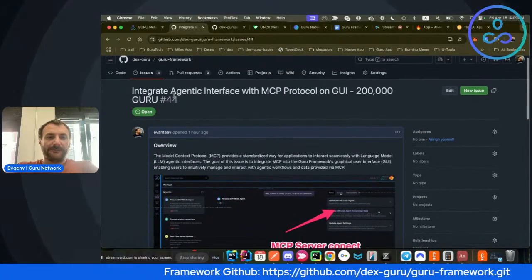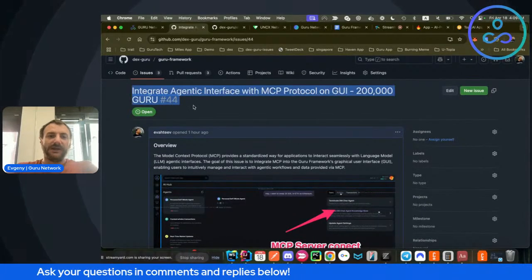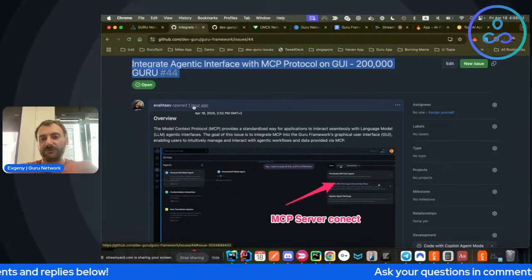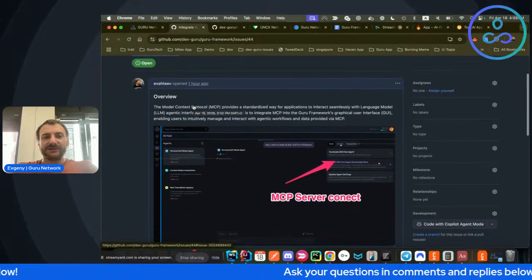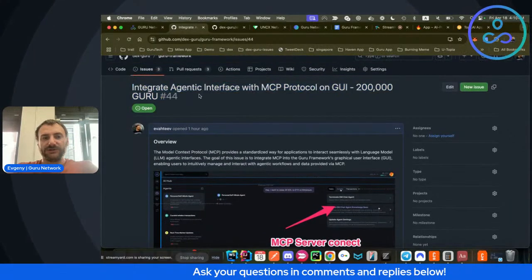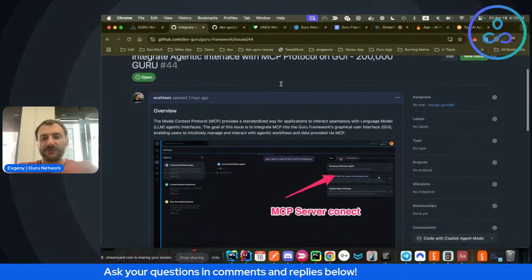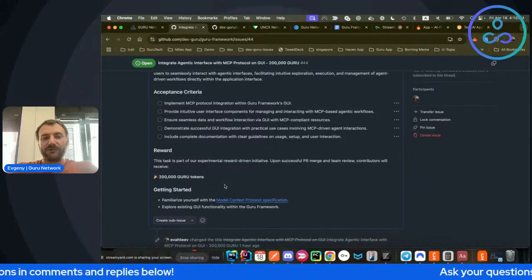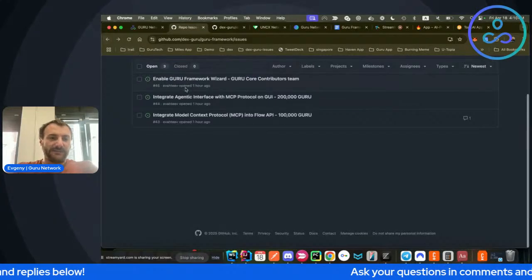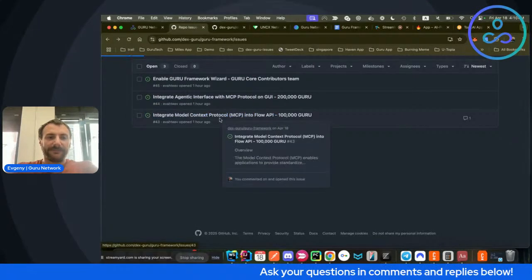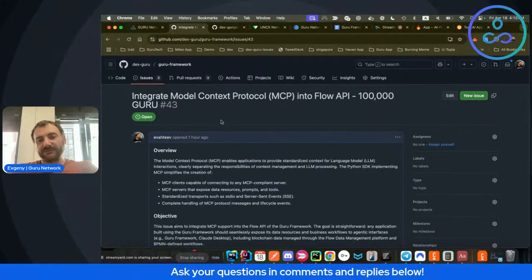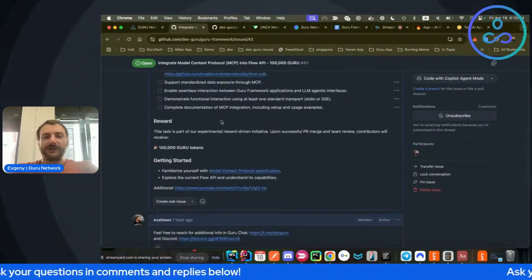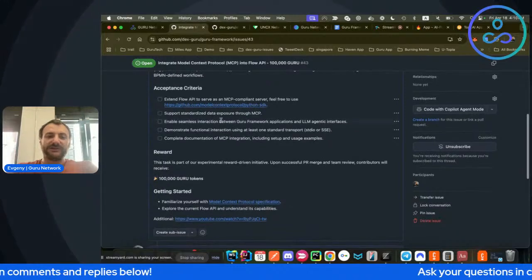So you see, for example, this particular ticket, which I migrated from our internal Jira board to our public issues, where we are proposing to integrate the MCP protocol into our agentic interface, and we are placing rewards in there. The same is true for the other side of the MCP protocol, which we are planning to do, of incorporating MCP servers into the Flow API.